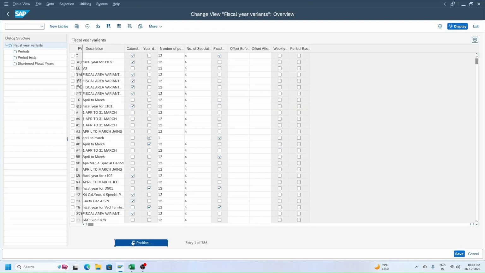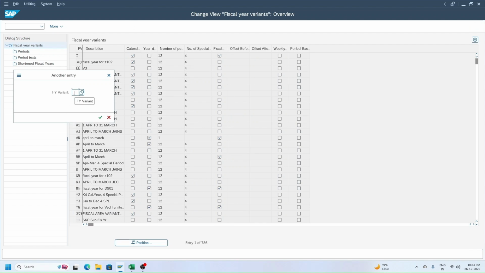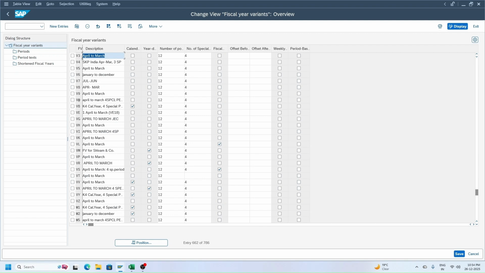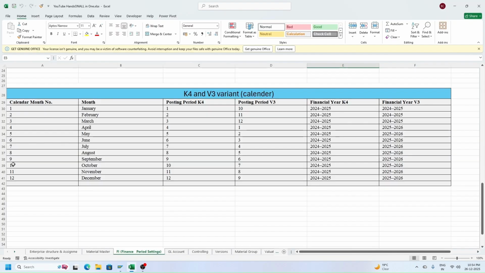Now click on position and for FI variant we give V3. It's a predefined variant V3, April to March. V3 follows April to March. It is a standard SAP fiscal year variant used in India. It follows the April to March financial year. This calendar compares